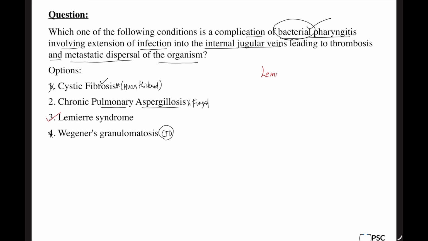By only elimination, because even I didn't hear about this condition before, that is what is Lemierre syndrome, but I have used the logic of excluding the options, so that I can find one answer. You can try this if you don't know, but sometimes it might backfire, but at least you should have 90% of knowledge to kind of eliminate 10%. You can't go to an exam with 50-50 knowledge and hope for the best, right? Now coming back to the question,